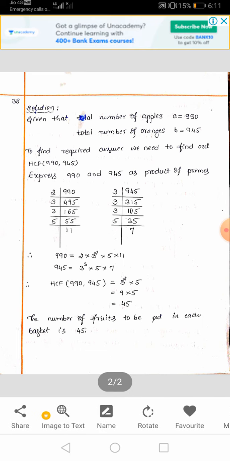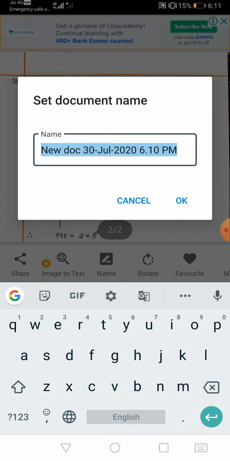Now click on name. Once you click on the name, this is the default name taken by the Doc Scanner. So actually you need to change the name here. This is because if you send your file, we are going to download the files whatever you sent. Many students are going to send, around 60 students are there. If you send all your files, we get confused whose file this actually is. So to overcome this problem, you need to name it properly.